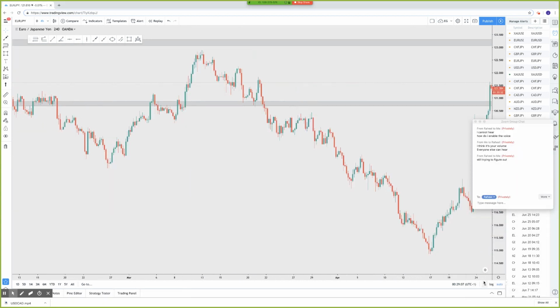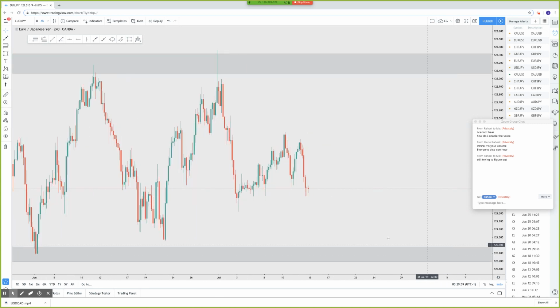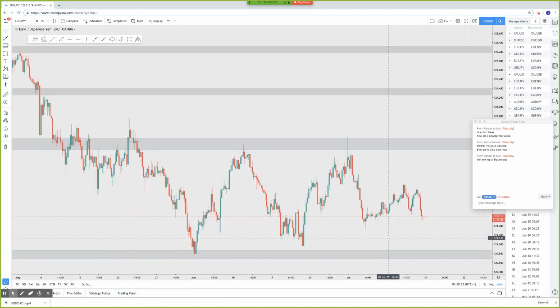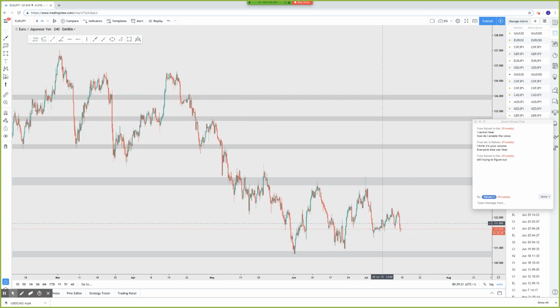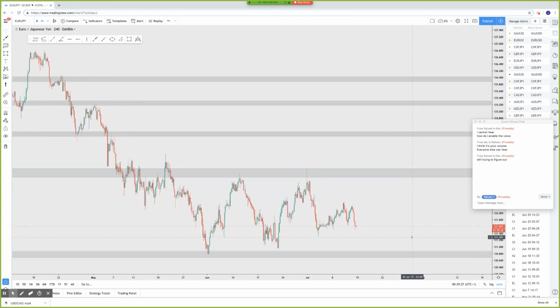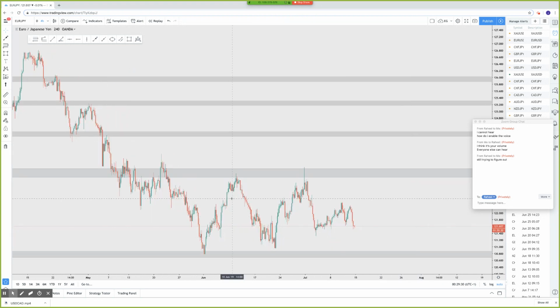Let's go back to current price and look at where we are. Okay, we probably could have got a few more zones in between here too. All right, but just trying to, hold on one second. I thought I had one right about here. I know I do. Okay, I'm gonna just